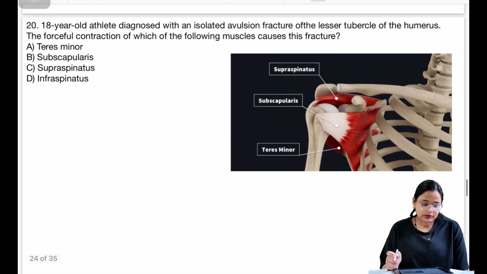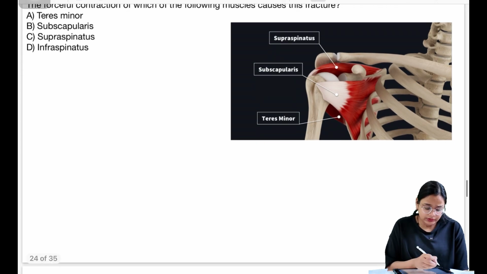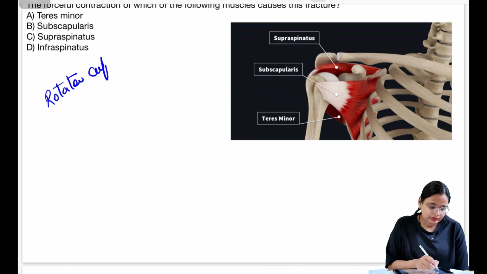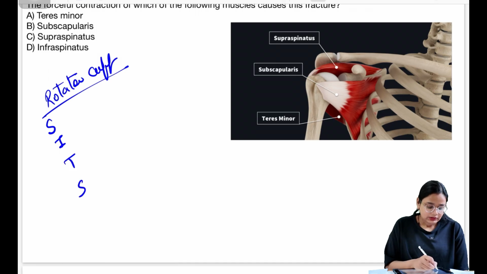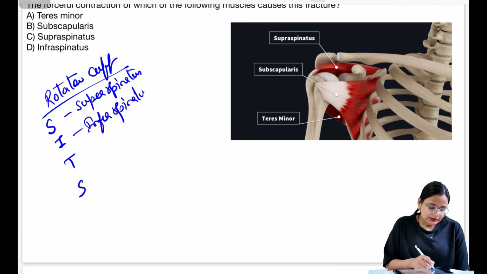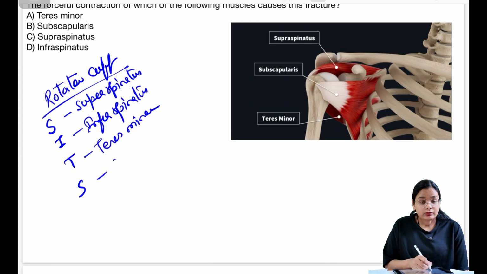Next, an 18-year-old athlete is diagnosed with an isolated avulsion fracture of the lesser tubercle of the humerus. Forceful contraction of which of the following muscles fractured it? For this you need to remember the rotator cuff muscles. The rotator cuff has 4 muscles. The mnemonic is SITS. S for supraspinatus, I for infraspinatus, T for teres minor and S for